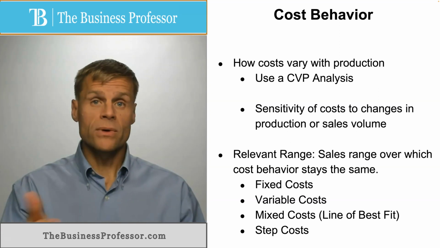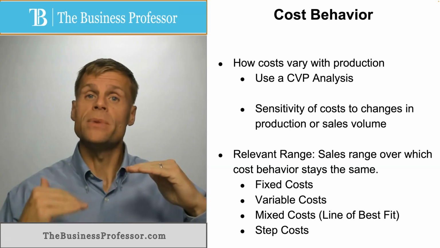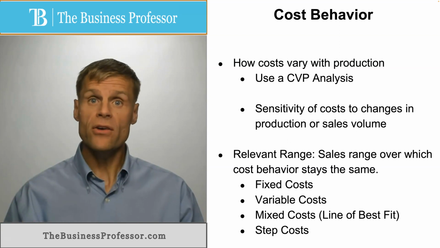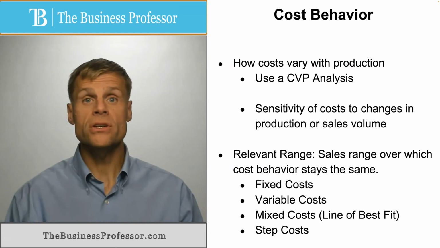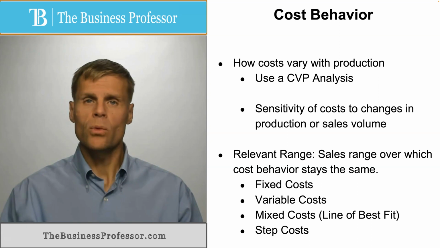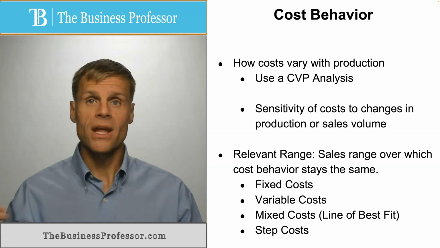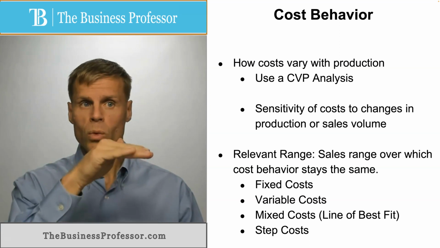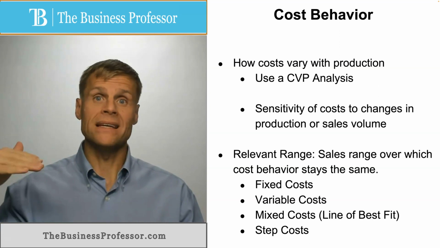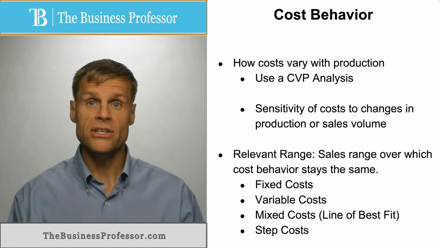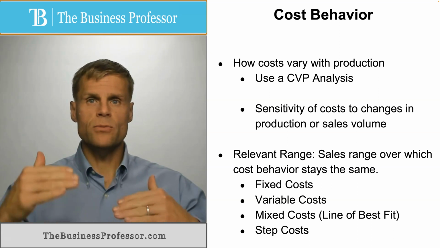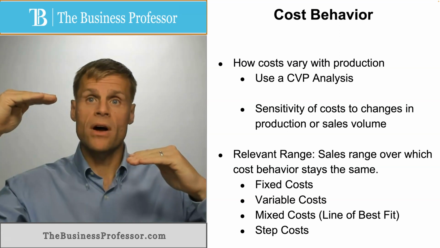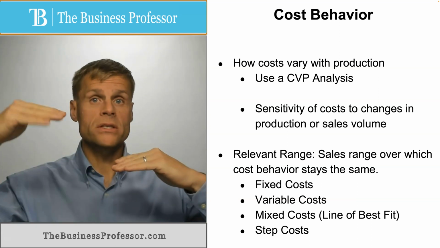When we try to identify the various types of behavior, we can categorize them really into four types. One, a fixed cost. A fixed cost generally does not change with regard to the level of production. Now, fixed cost may vary with operations or the type of operation or level of operation. Okay, oftentimes this is more closely related to step costs, where given a certain level of operation, fixed costs will